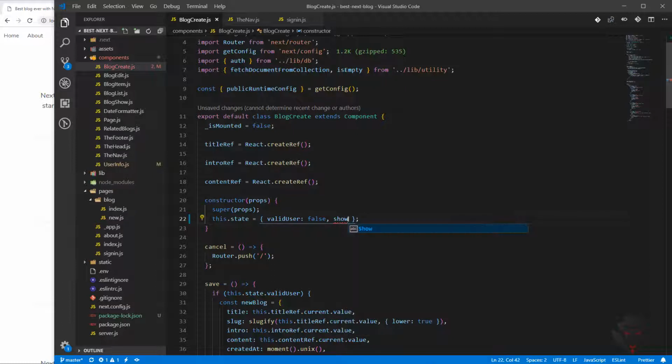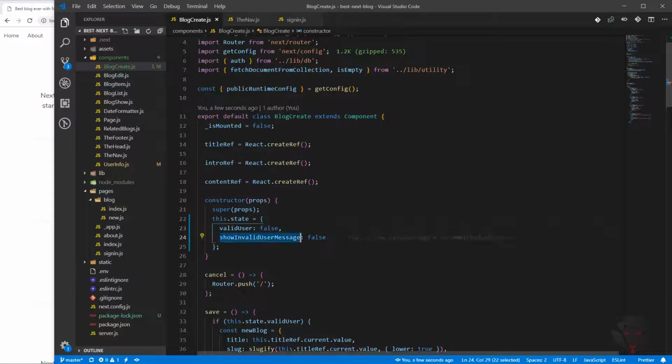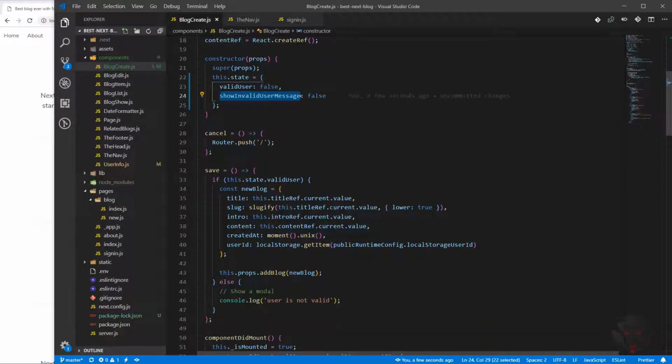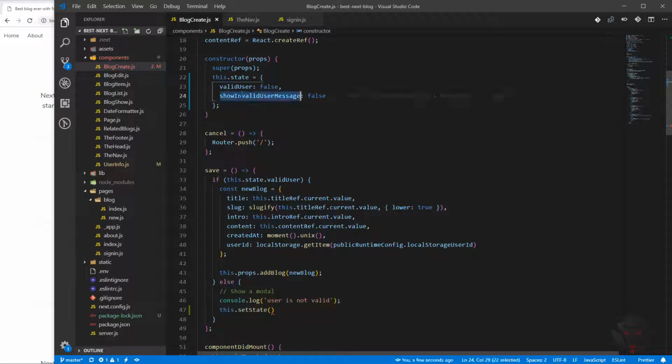I'm going to call it showInvalidUserMessage. By default, obviously, it's going to be false. And I think it's better to go to the next line for both of them. Now that we have this one, we can make sure this part is going to be true if the user is not valid. So we can say this.setState and showInvalidUserMessage as